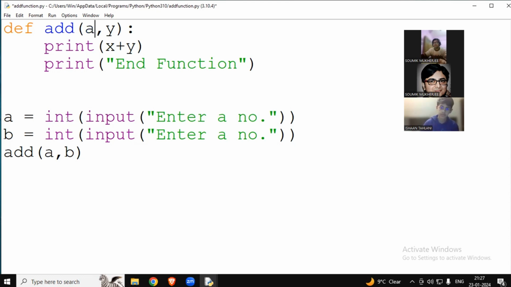If you write down a for your understanding, this is also okay, but मैंने जानबूझ के इसको a, x और y इसलिए छोड़ दिया क्योंकि तुम्हें ये समझ में आ सके कि जो वैल्यू यहाँ से पास होती है उस वैल्यू की कॉपी यहाँ पे रखे हुए वेरिएबल पे स्टोर होती है। तो मैंने जब a और b को पास किया तो a और b के वैल्यू की कॉपी x और y में चली गई। तो a की वैल्यू की कॉपी कहाँ चली गई? x में। b के वैल्यू की कॉपी कहाँ चली गई? y में।